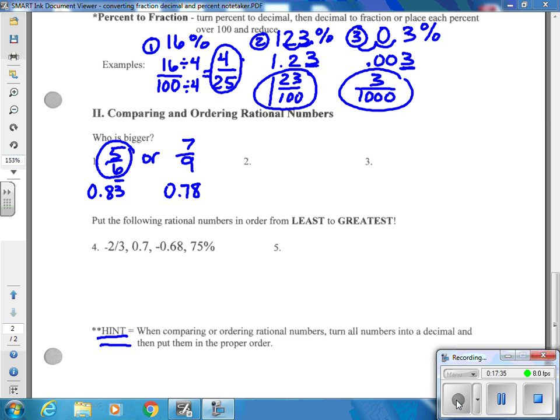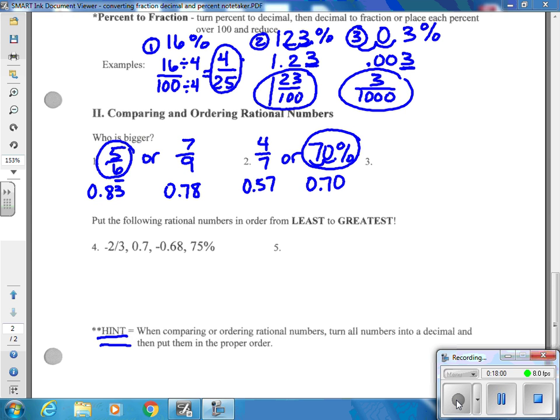For the next one, if we're going to compare 4/7 to 70%, again, always go to the decimal. So for 4 divided by 7, make it look like money, we're roughly at about 57 cents. And then if we take 70%, remember you have to move your decimal 2 places to the left, that gives us 0.70. So 70 cents is a lot bigger than 57 cents,